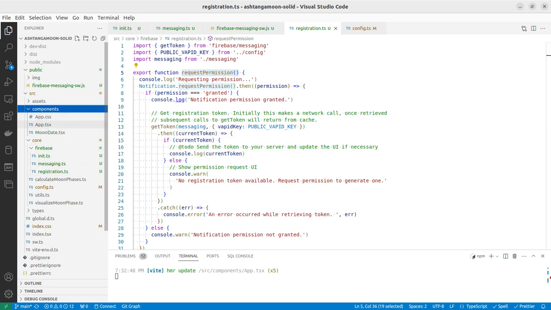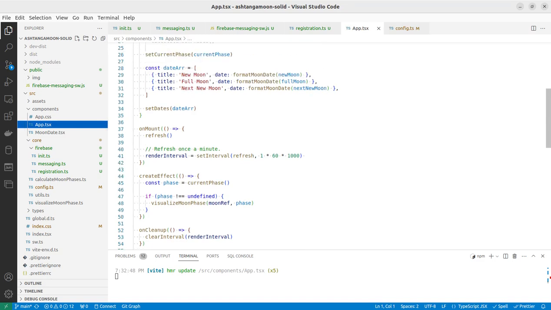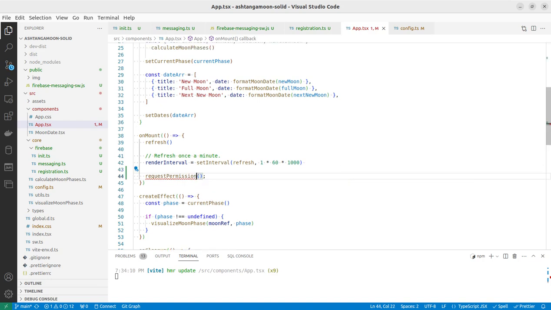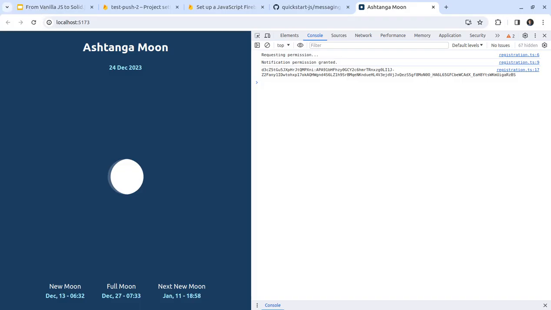The main application component is located in the app.tsx, and I only need to request permissions once on page load. I will put it inside the onMount hook, and import the file here. Good. So now I can just